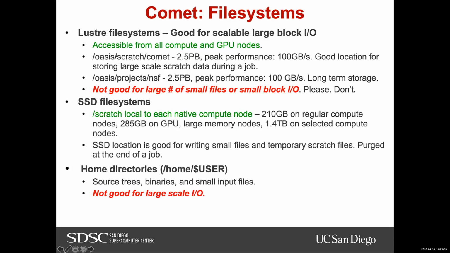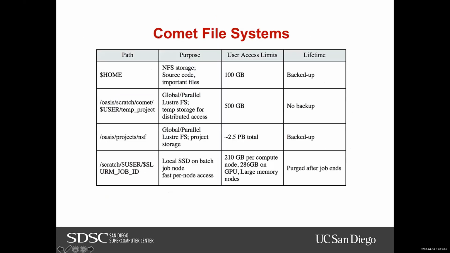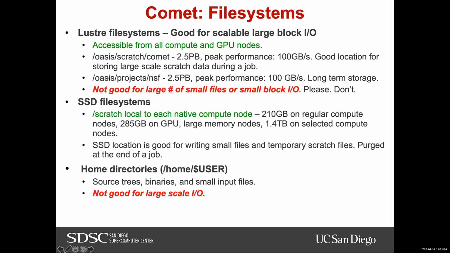So you would go to Oasis Scratch Comet and store data there, and you have Oasis Projects NSF. You're allowed to use both of these, but they're not backed up. The Scratch is not backed up. We have SSD file systems. That's the /scratch. That's local to each of the nodes. Again, that's going to be there while you own the node and disappear when your job ends. So if you want high-speed I/O during the computational cycle, make sure you move your data off that node when you're done, before you lose